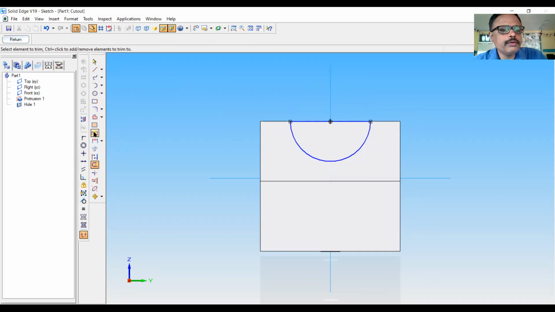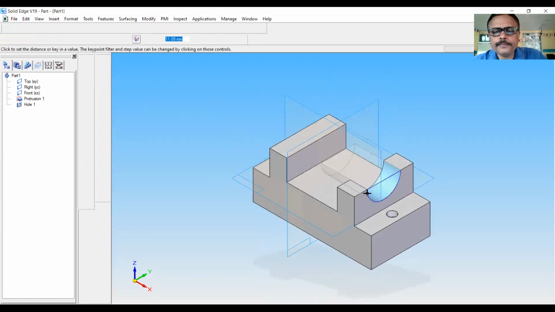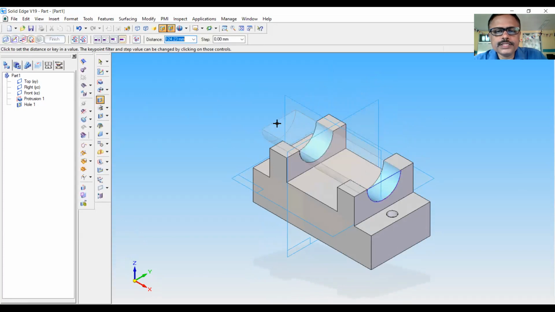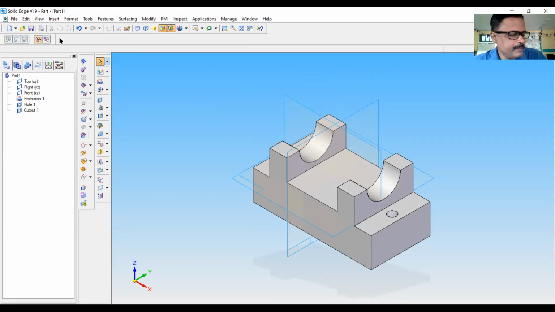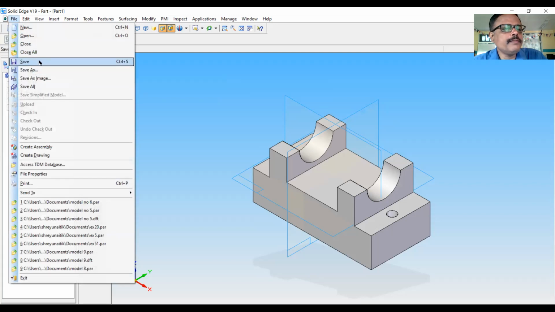Now using smart dimension, the radius, which is 20. Now return. This is the direction for the cutout. Click finish and cancel. Now the model is ready. Click on file and save the model.